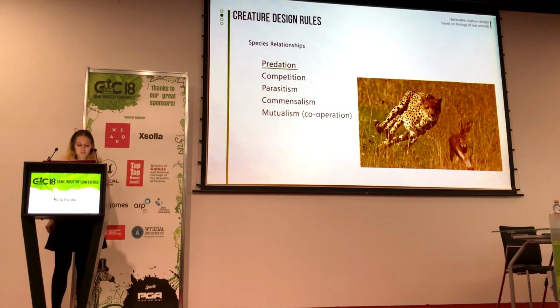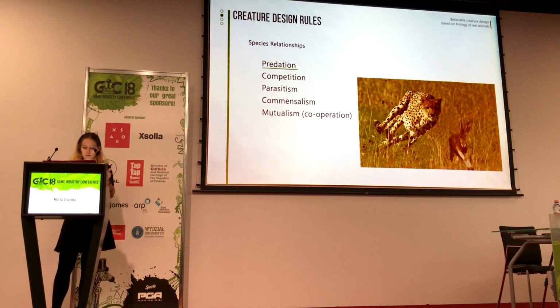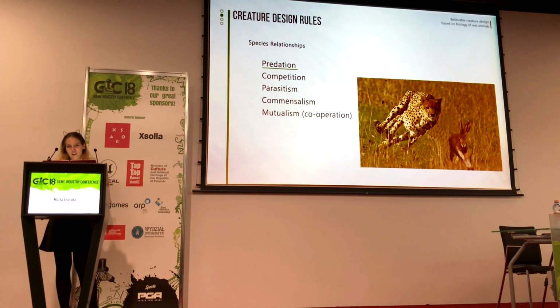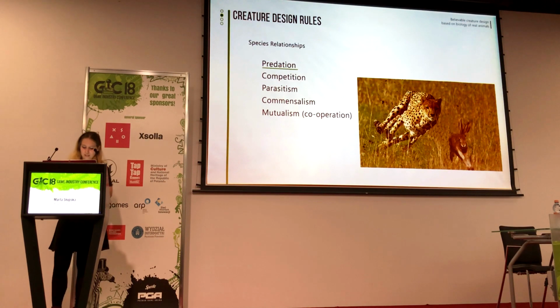And the last thing I want to talk about is species relationships, because there are some relationships that also make the world more interesting, because there are dependencies between the species you're designing. For example, the first one is predation, and it's of course when one species hunts the other one. And the very nice feature I want to talk about is that animals that are hunting usually have their eyes on the front, but the animals that they hunt have their eyes on the sides. So the predators can see their prey very specifically in one point, but the prey wants to see all around, so the predator cannot approach it easily.